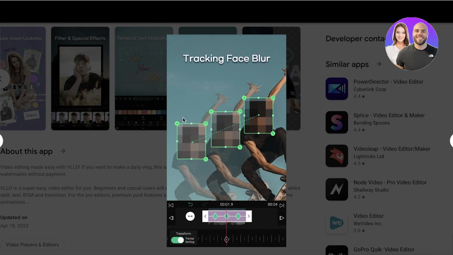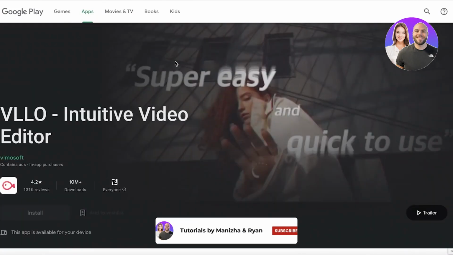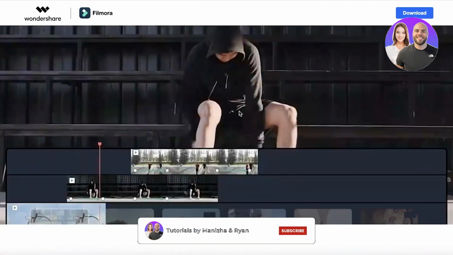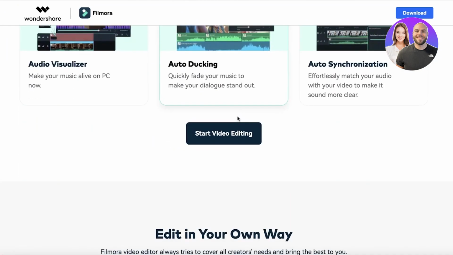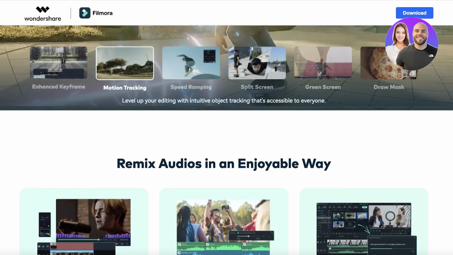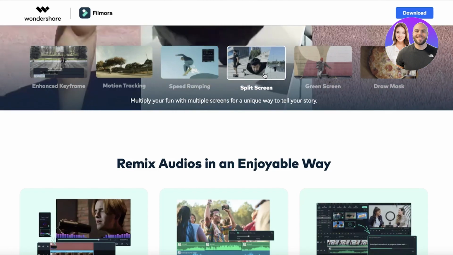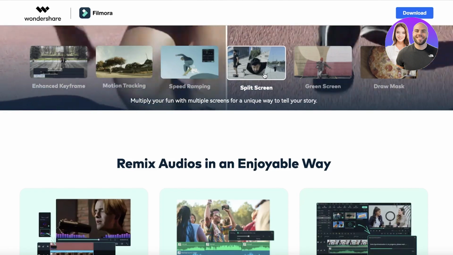Now, in terms of usability, it is easy to use. It's not really that difficult. However, it is slightly more complicated if you're someone that is moving up from using basic tools like CapCut or InShot. Then it might seem a little bit different. However, it still is an amazing tool, and with its key features where you can have full screen